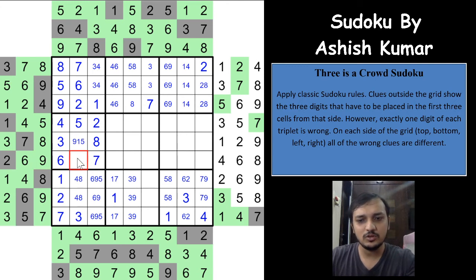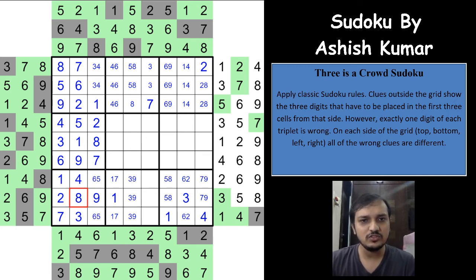And because of the 9, you can place a 9 here and a 1 here, remaining digit is 1. Same way 4 and 8, so 4 has to be here, 8 has to be here, and 9, so 9 has to be here, and 6 and 5 in any order, you are not sure of it. 6 and 5, right? Right, superb. So anything else?